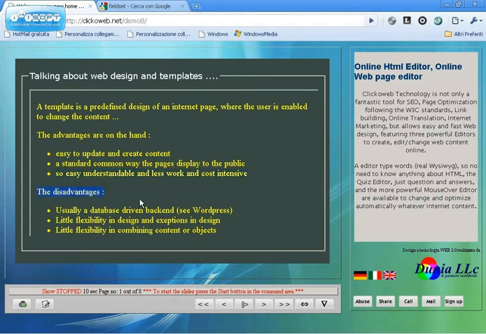Let's see the disadvantages. It is usually database driven. That means that you have a front end showing the pages and a back end where you enter or change the data to be displayed. All pages are accordingly served usually by inquiry of the database, which takes a little more time. As it is template driven, you have rather no flexibility in changing the design of the page. This may include whatever add-on you want to add to the page.